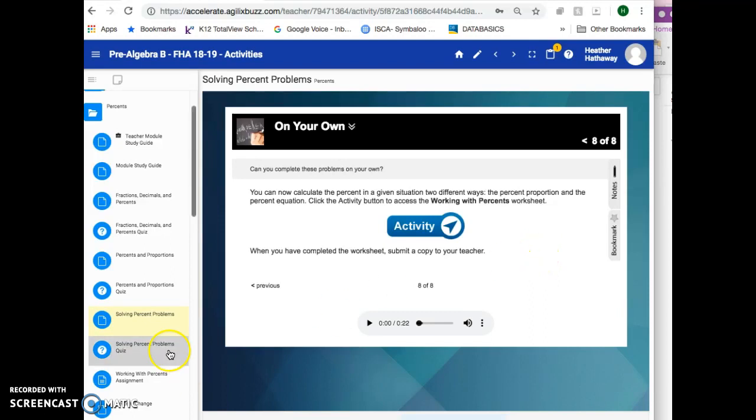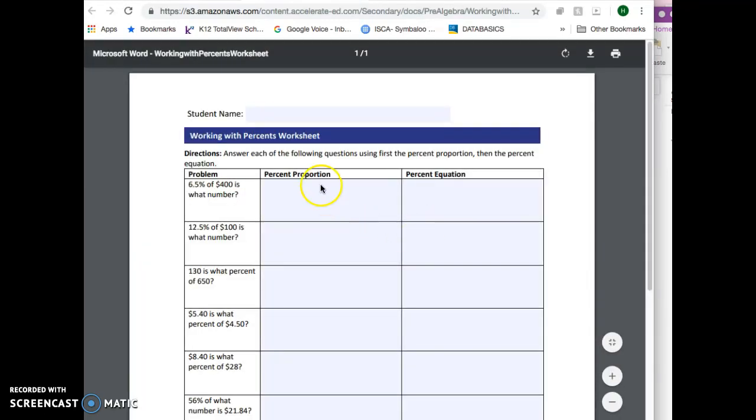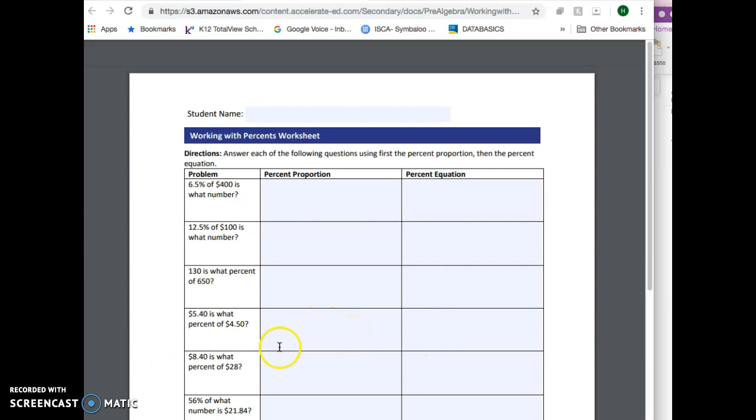And then finally, you're going to do the working with the percent worksheet. Okay? So there it is, and again, we're going to do the proportion all down this column first, and then we're going to do the other way, which is the equations over here. I'm going to show you how to do that, a few examples in the next video. Even though she already showed you how to do it, I'm going to go over this exact worksheet. Thank you for watching. Take all those